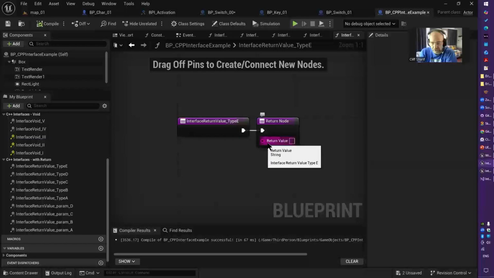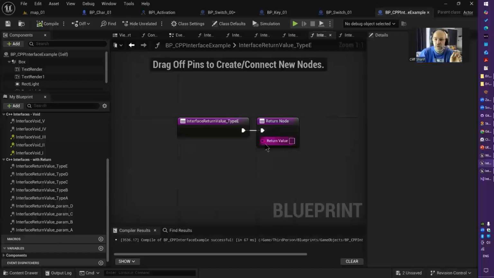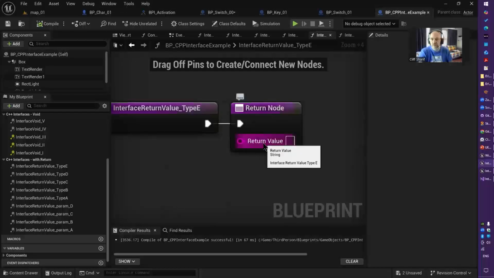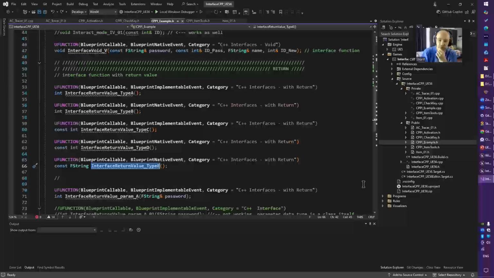Keep in mind, this guy is a return type, but when I have the void one, I can name my passing parameter title. I can name that parameter in a way I like. This is why I personally prefer void interfaces. But when you return something, you have a return value. You can change the name of the return value from the default to the data type or anything you want. Anyway,